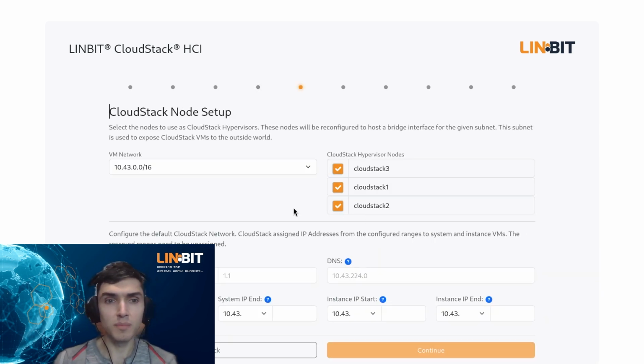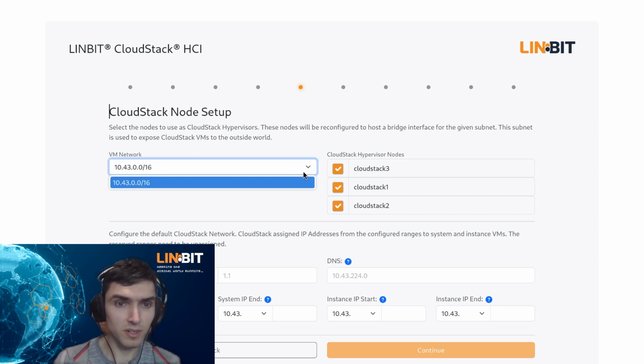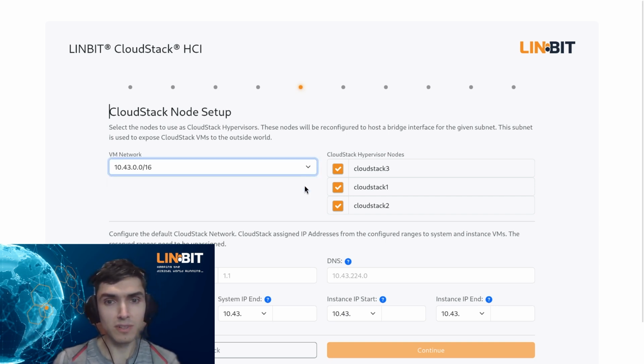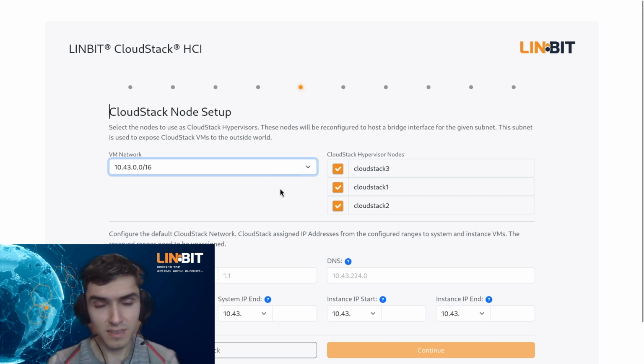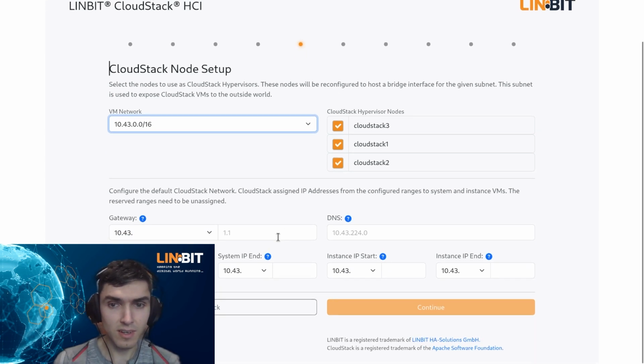And now an important step is setting up our CloudStack network and setting up a virtual machine network. Because we only configured one network interface, there is only one detection here. If you configured multiple network interfaces, you would see additional ones here. And it already